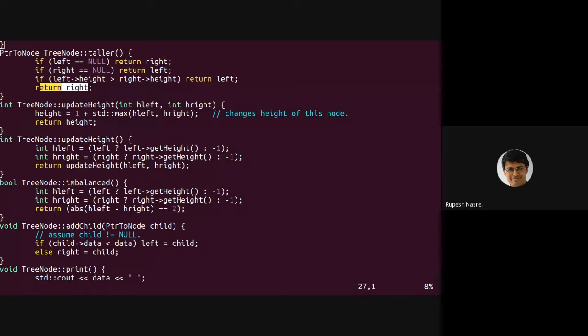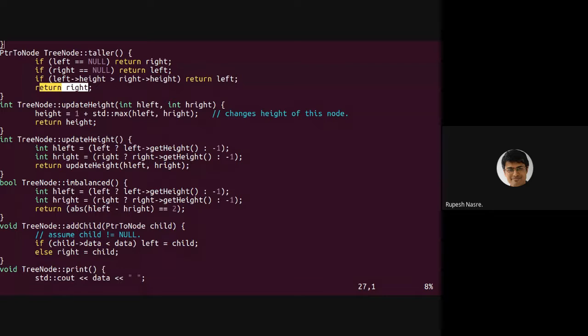As a good programming practice, since Icharan pointed it out, this function should probably be renamed as taller or equal. That is the more appropriate name, which gives you the correct semantics. Taller is a little misleading that way. But since in the caller we will usually be dealing with which one is the taller one, I have named it that way. But the most appropriate name will be taller or equal.